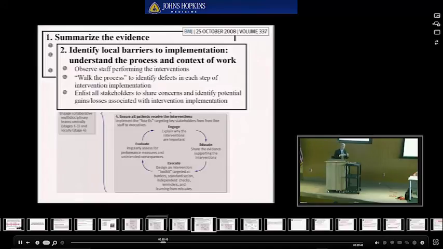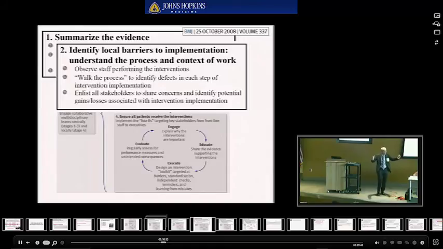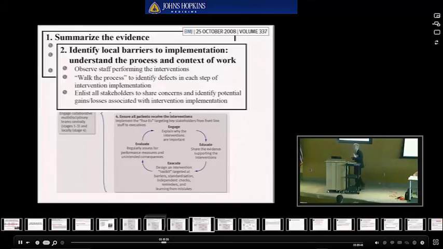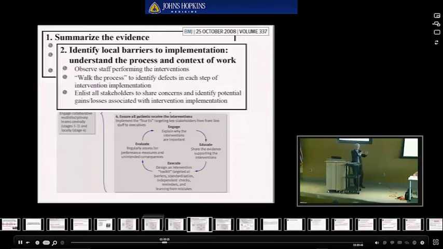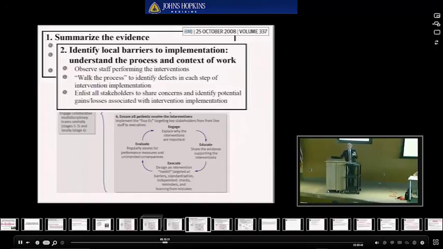And you're going to end up having tens and tens of barriers. It's not just one. You're going to have many things that you need to think about and overcome, because if there's only one problem, we don't have enough therapists, the solution could be easy in some settings, but we could give you therapists and the problem still would be there because there's many other aspects. So the second thing after summarizing the evidence is understanding these barriers.